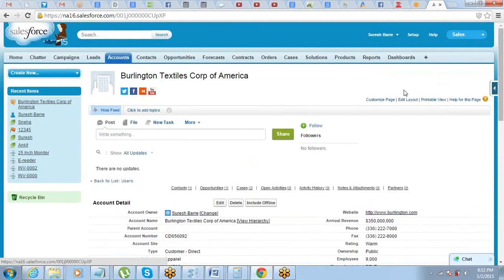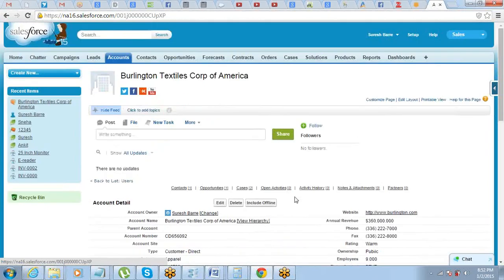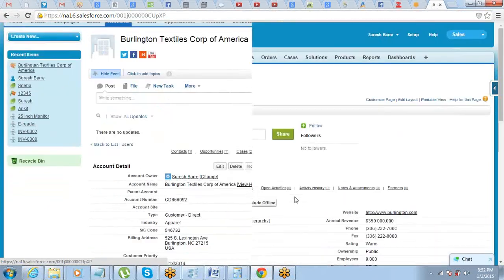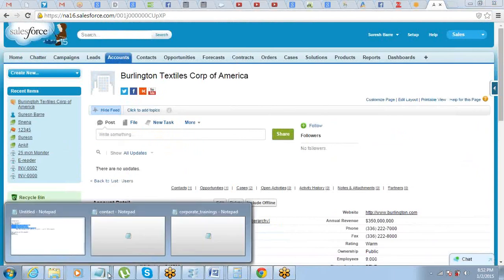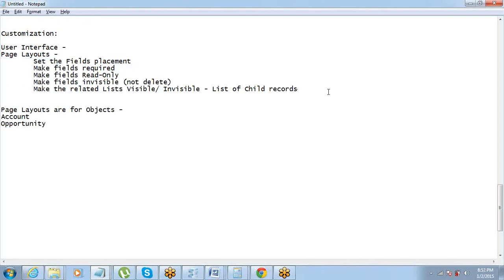Is this okay? We are all good with this? Tell me if there is a question. Fine. So the page layout concept we have understood. So basically how to edit the page layout, that we have understood, right?